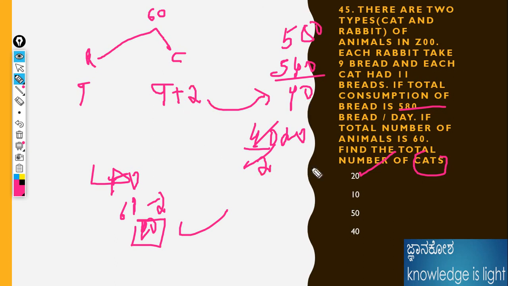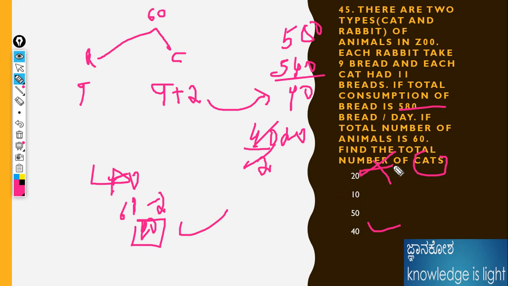Like that, we need to think about the problem. If any cat is given, the cat is 20 and the rabbit had 40 breads. Understand? Yes, sorry, this is the 40. Why? Because the total number is having more, therefore it would be the reverse of that one. 40 cats, 40 rabbits. That means what is the answer for this one? Sorry, 20 cats is the only answer. 20 is the correct one.